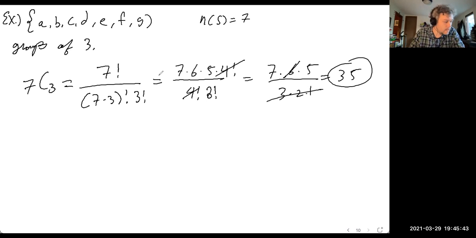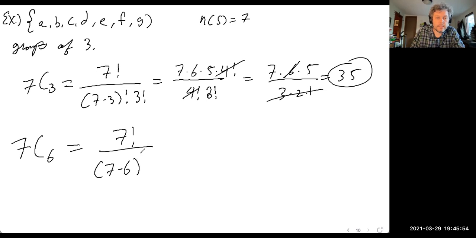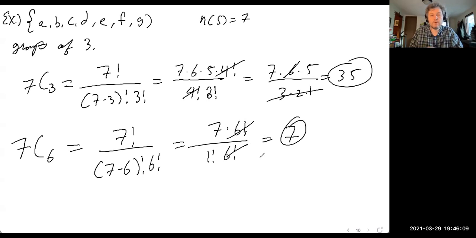Not too exciting. What about groups of 6? How many ways can you do that? 7 factorial over 7 minus 6 factorial, 6 factorial. And that's going to be, well, 7 minus 6 is just 1, 6 factorial. 7 times 6 factorial cancels. You just get 7. Now I want to show you a little bit of symmetry that goes on with these